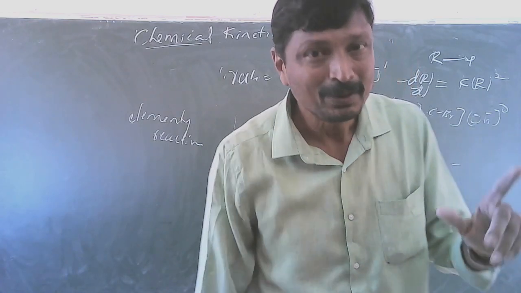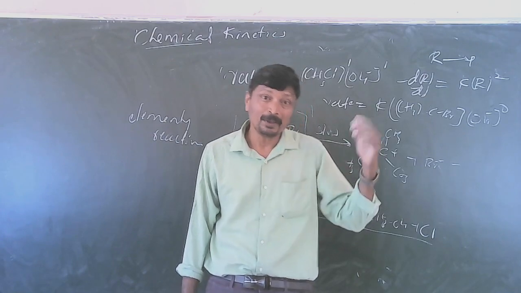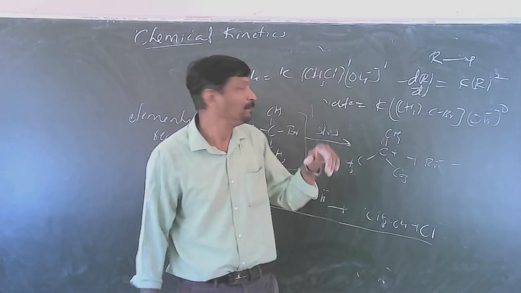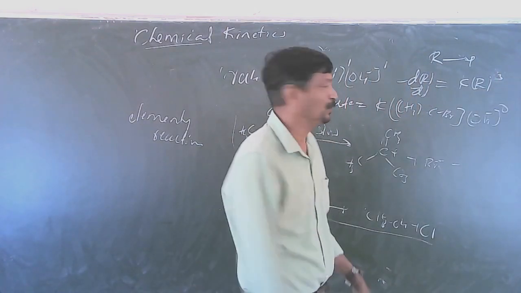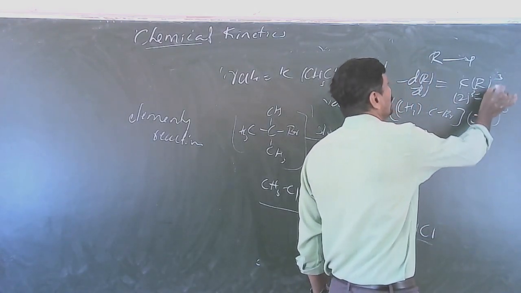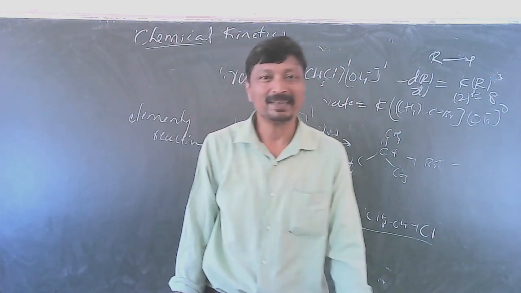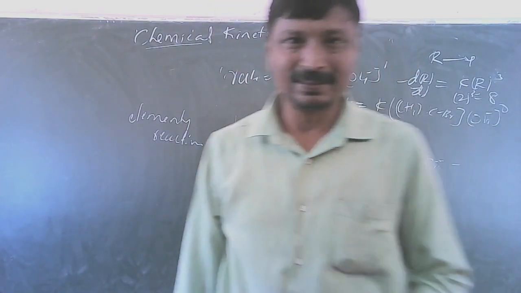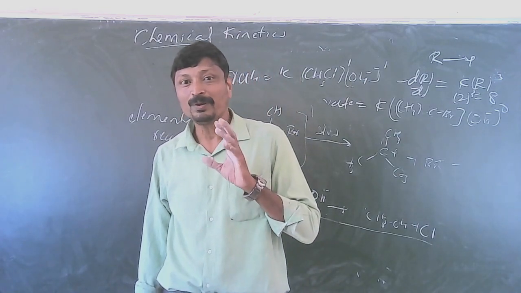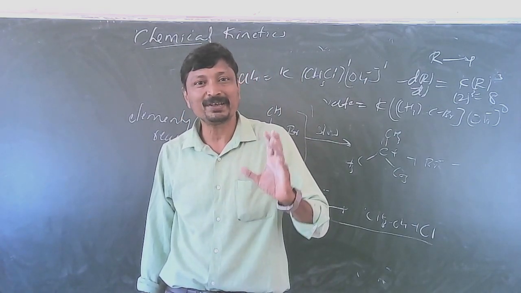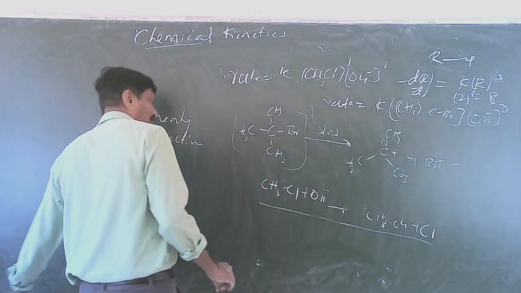If the concentration is tripled, 3 to the power of 2. If the concentration is 4 times, 4 to the power of 2. If the power is 3, and the concentration is doubled, 2 to the power of 3 is equal to how many times? 8. When the concentration is doubled, the rate becomes 8 times. So what does this exponent factor give? It gives how the rate is sensitive to the concentration of each particular reactant. With this knowledge, you shall move to the next topic, order of reaction.